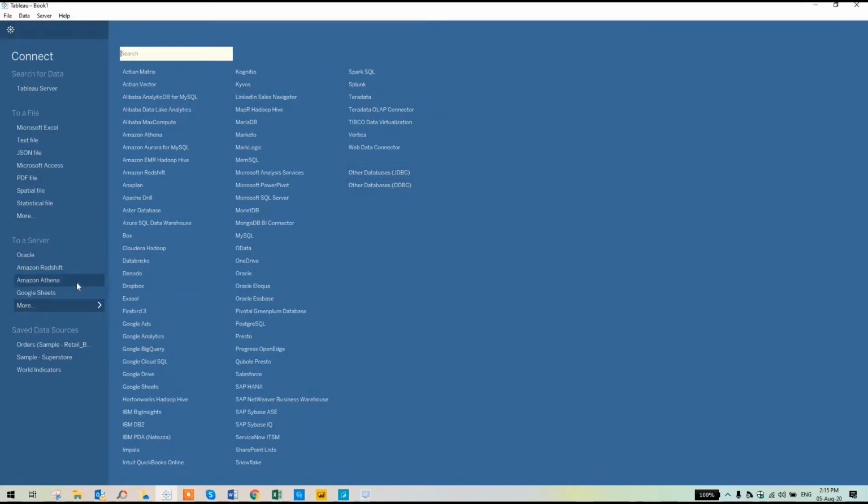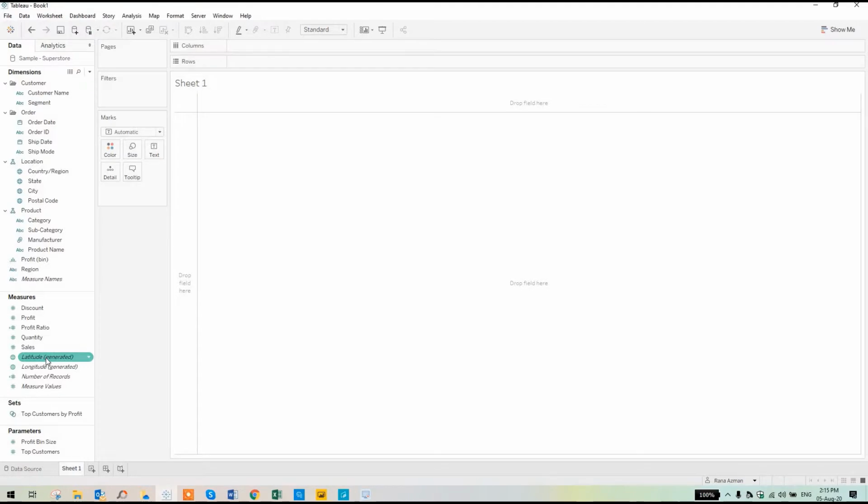So to start this session, I'll just click on this saved data source of Sample Superstore, and it automatically connects to the dataset in Tableau. So the dataset is now connected, and we'll proceed with different types of visualizations. First of all, I'd like to introduce the interface, or the view, of this Tableau Desktop. As you can see, this is a pretty easy tool, but you just have to familiarize yourself with it.